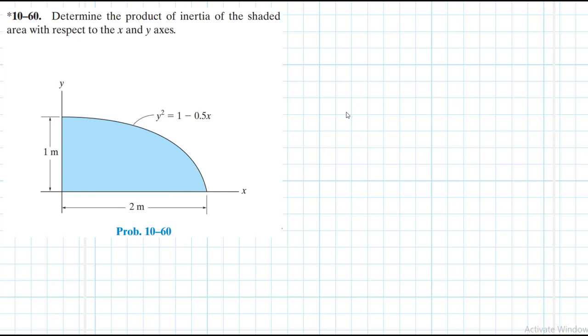Hello, I welcome you all to this another interesting screencast where we're going to be solving this engineering mechanics problem, and it reads: determine the product of inertia of the shaded area with respect to the x and the y axis. This problem is coming from the Engineering Mechanics Statics textbook, 13th edition by R.C. Hibbeler. So product of inertia of an area is also a geometric property, just like moment of inertia of an area,